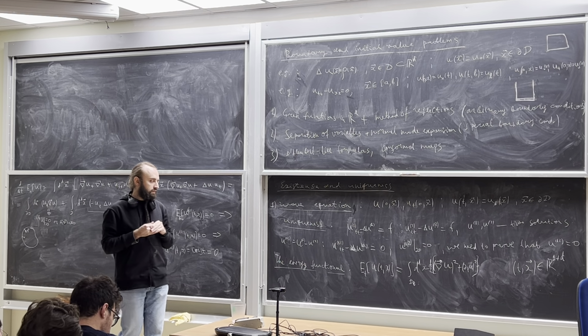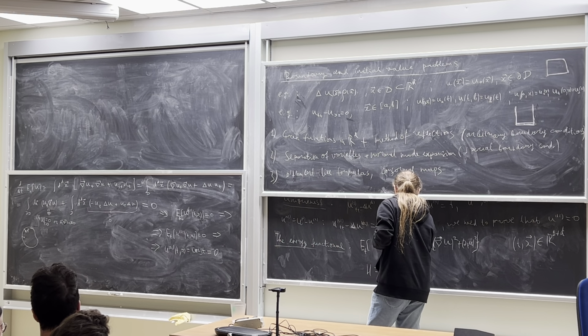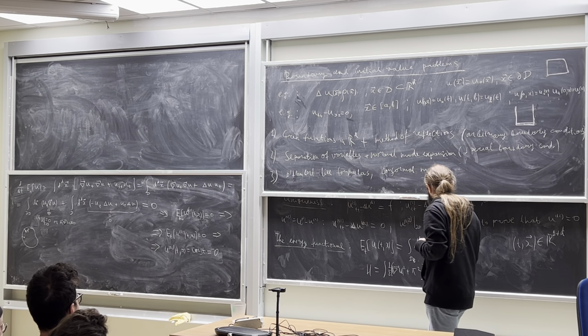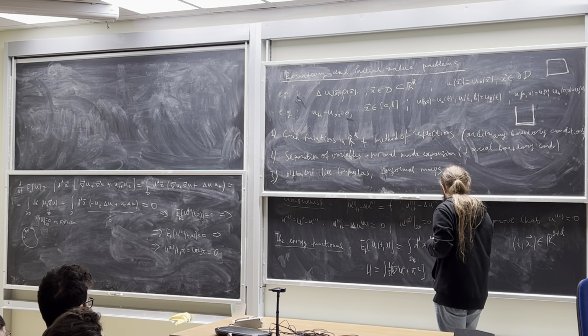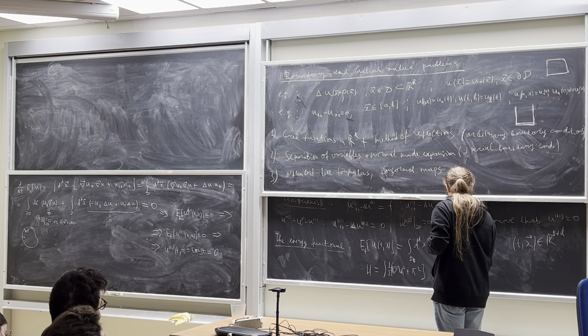So this Hamiltonian will be the integral of 1/2 of gradient u squared plus p squared, and a Poisson bracket between p and u should be, so p of x, u of y, should be...